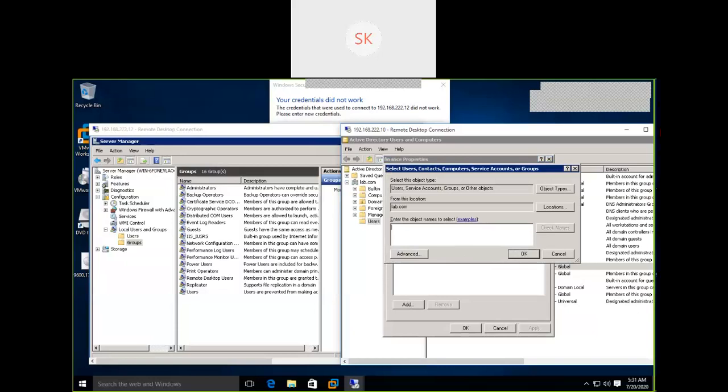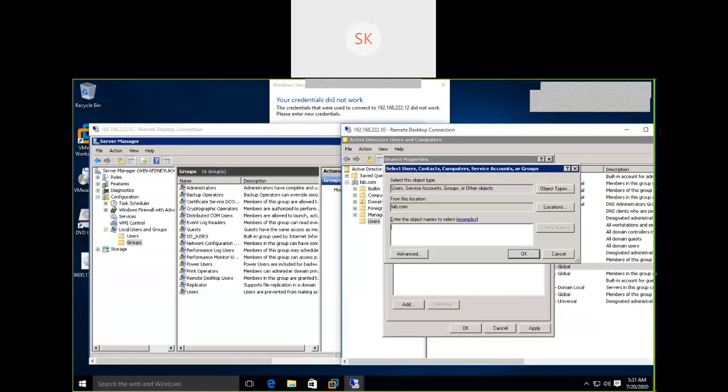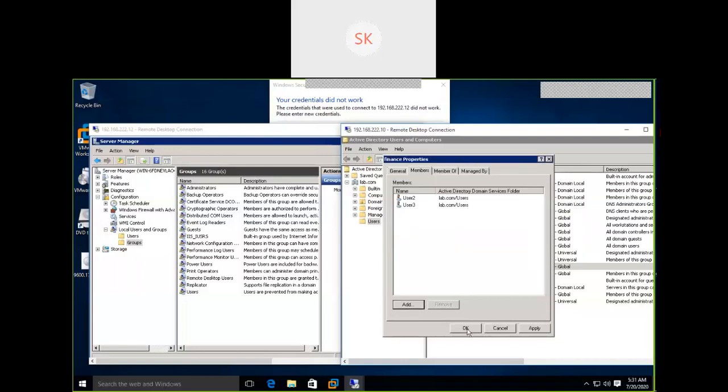Type user 2. Check. Okay. Add user 3. I can add a number of users at a time also. Click OK. So what I did, I have users user 2 and user 3, and those users are members of this finance group.